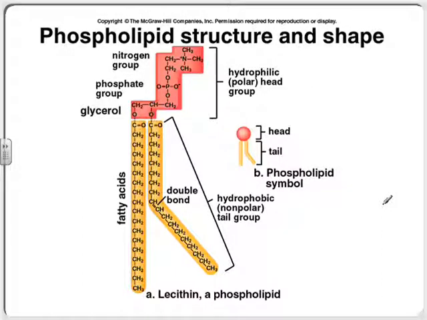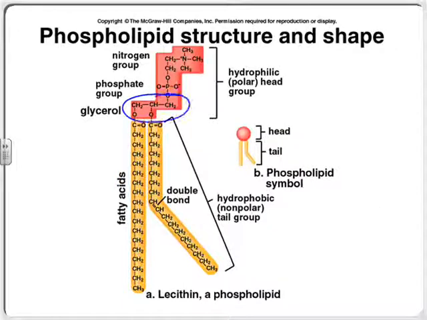First of all, almost every molecule that we're going to talk about in this class, except for water, is built around what element? What is the core element in living things? Carbon. Everything that we talk about, pretty much, except for water, is going to be carbon-based. Notice all the carbon in here. Carbon is everywhere.